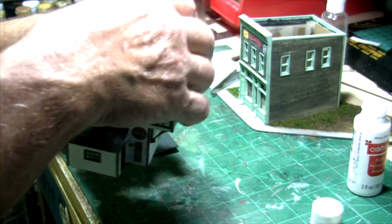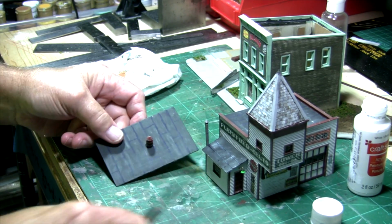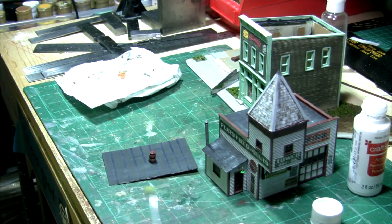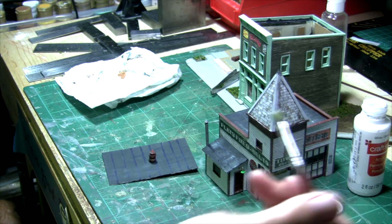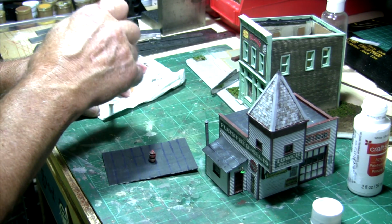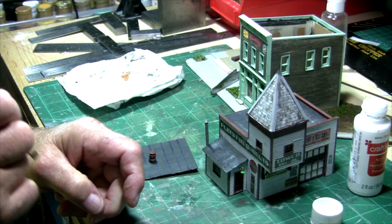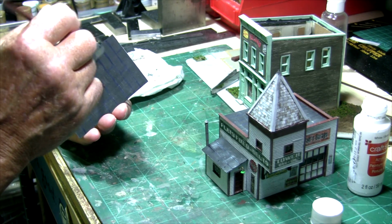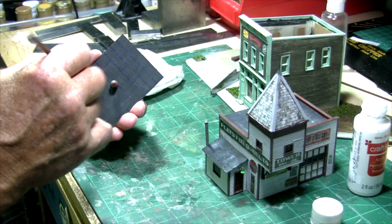That just gives it a little bit more definition to everything on there, and I started some on here. Basically, what you do is just put a little bit of paint on the tip of your brush, and it doesn't have to be a lot, and you just dab it. Then you can see I just go on here and make sure that it's not too much, and you just go over there with the brush and lightly hit it,